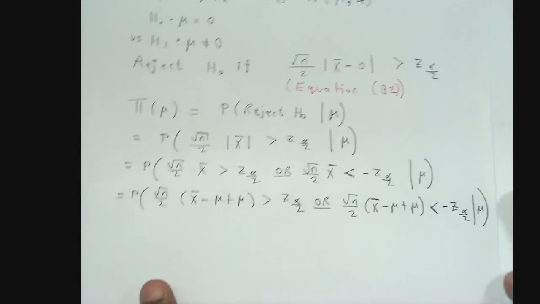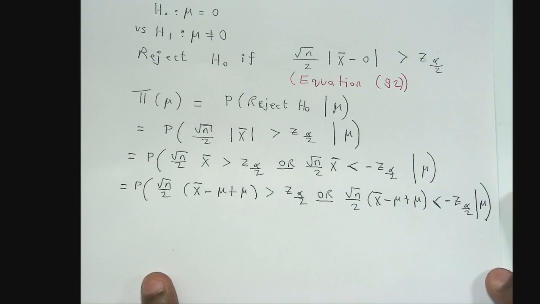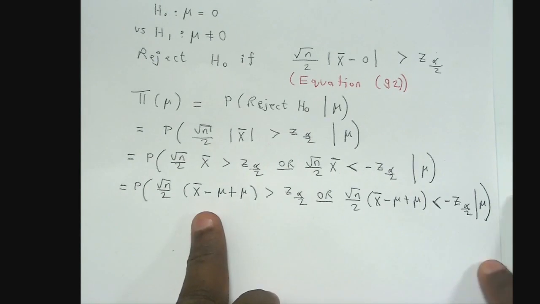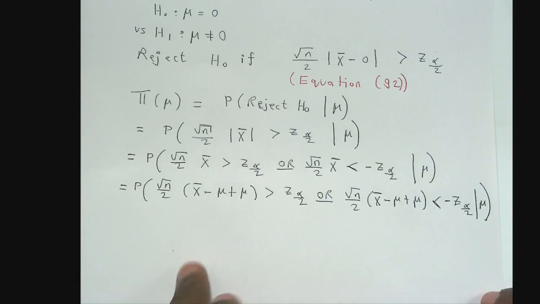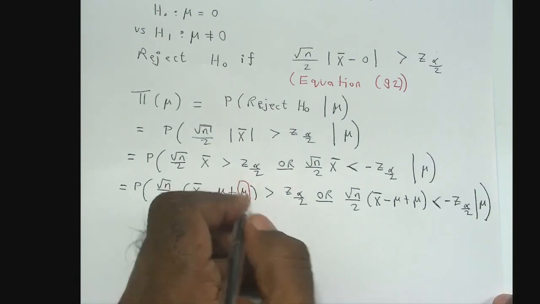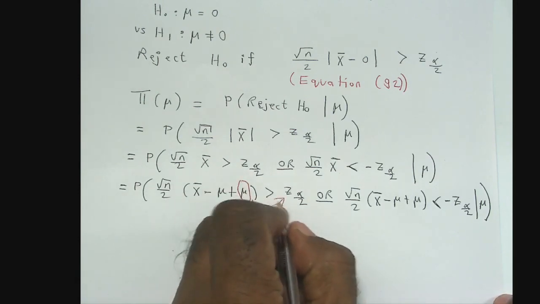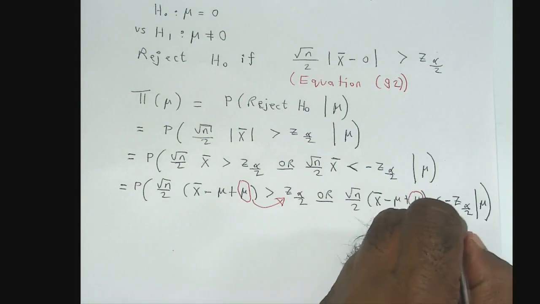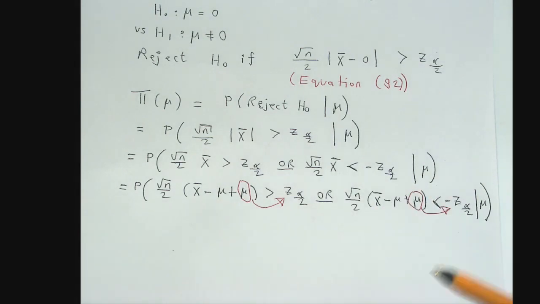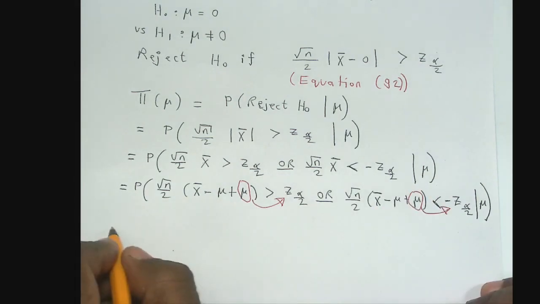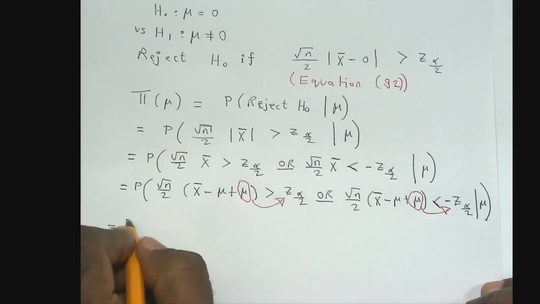All right, guys. The reason I'm doing this is because I want to standardize x bar. Remember, x bar has a normal distribution with parameters mu and sigma squared by n, right? The next thing to do is to take this guy to the right hand side and this guy to the right hand side, right? Okay, and so that will give you